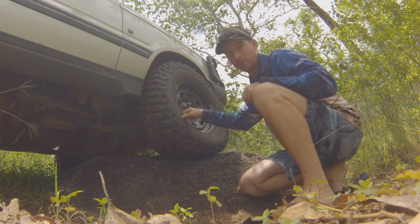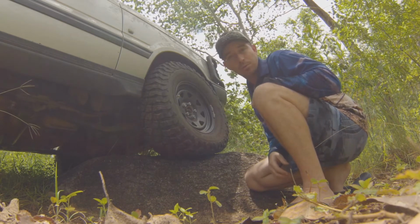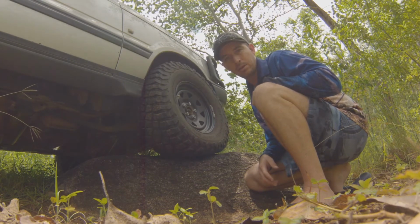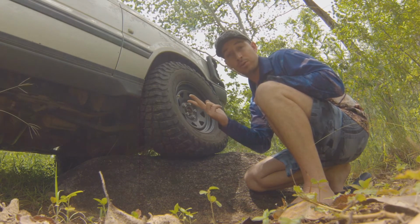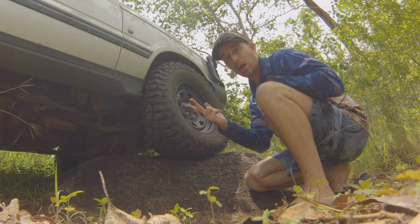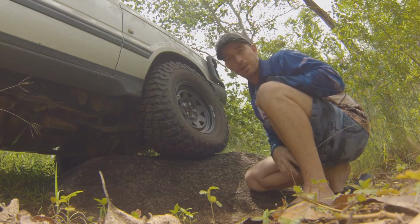There's a lot more give, so it takes a lot more impact and pressure to penetrate that sidewall. So it's twofold really. There are lots of other benefits to letting your tyres down: traction, less wear and tear on tracks, less wear and tear on your vehicle, so you're not having to bounce around the tracks, and also, obviously, that durability aspect that will save your sidewalls and make things a lot easier for you